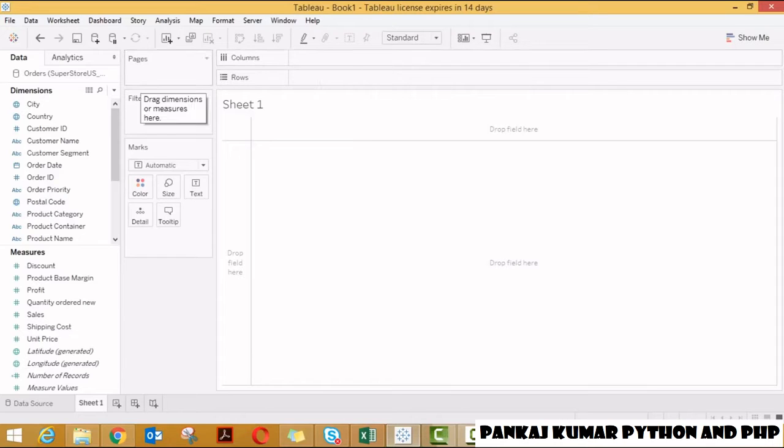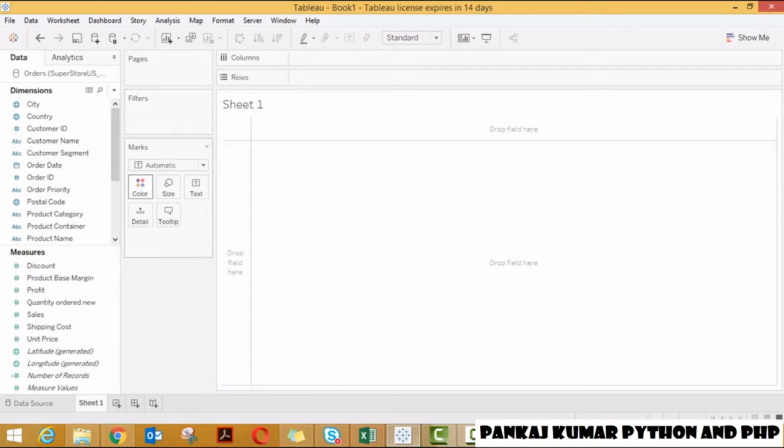Pages will tell you about the number of dimensions involved. Filter works like this: for example, I have dragged one categorical variable which contains 3 categories, but I want to analyze the data only for 2 categories. Then you can disable the one category in the filters. As of now, don't worry, we will do multiple exercises to develop 2 or 3 worksheets to help you understand the different functionalities of Tableau.